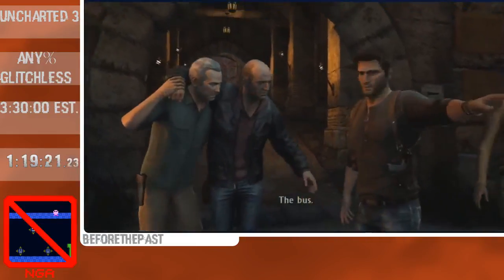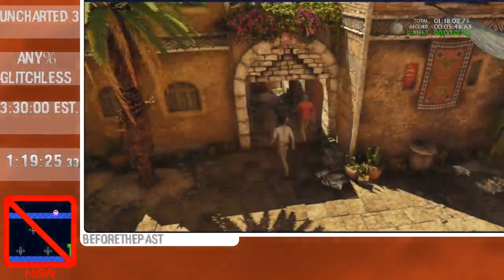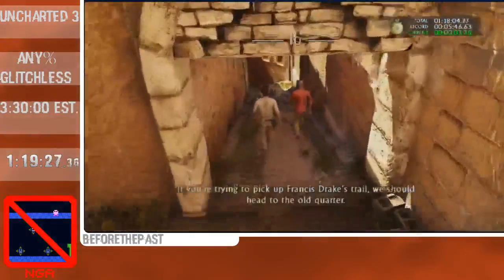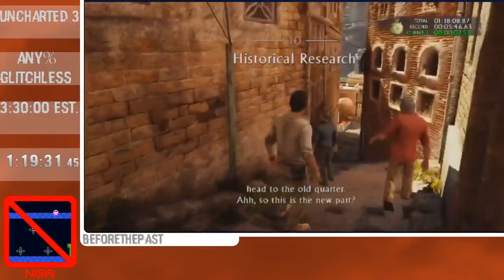Okay. Bus. We're taking the bus. Why did I not skip that? Okay, chapter 10. If you're trying to pick up Francis, this is Drake's trail, a walking simulator. We should head to the old quarter here. Ah, so this is the new...